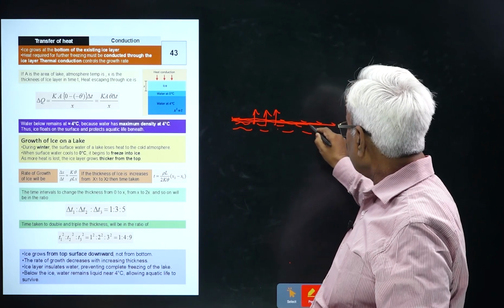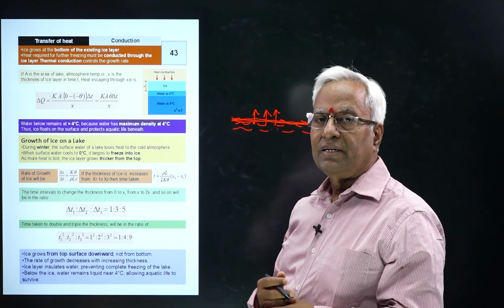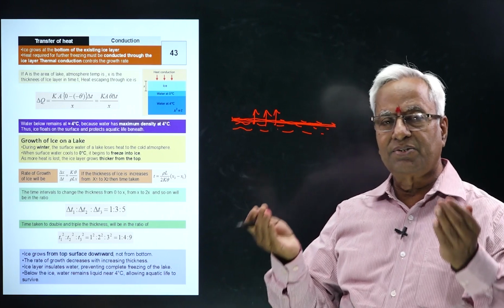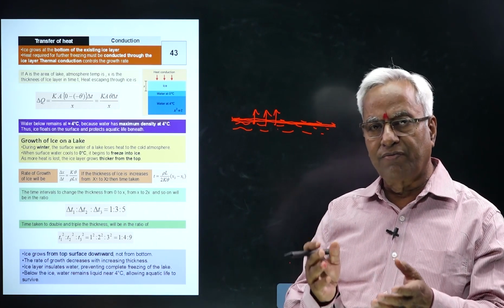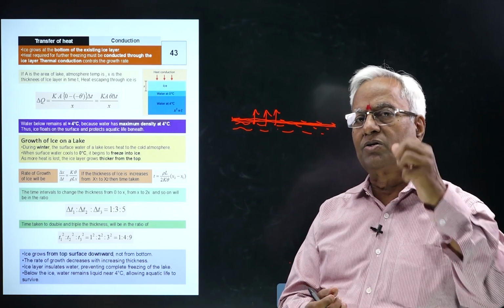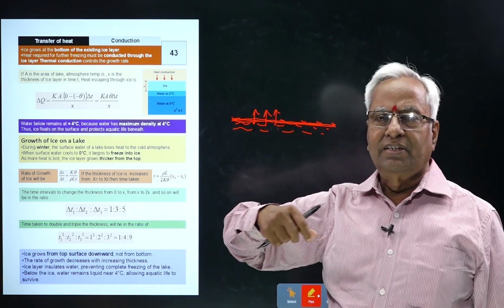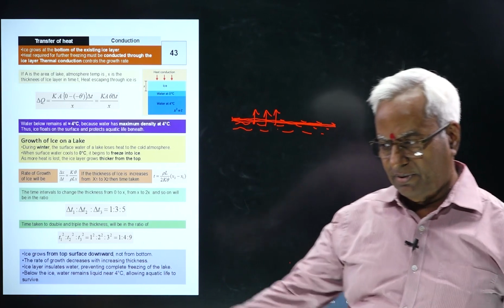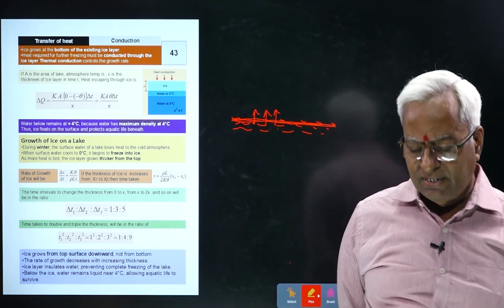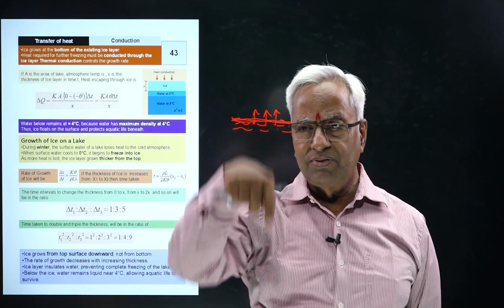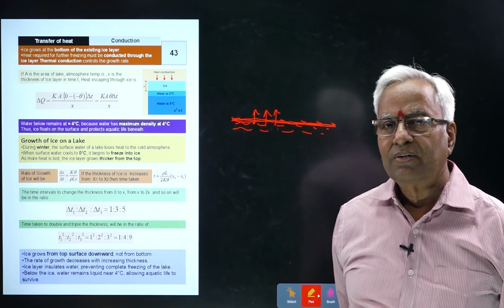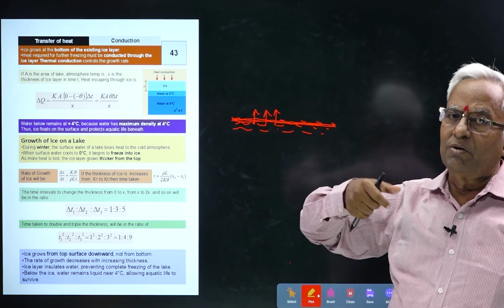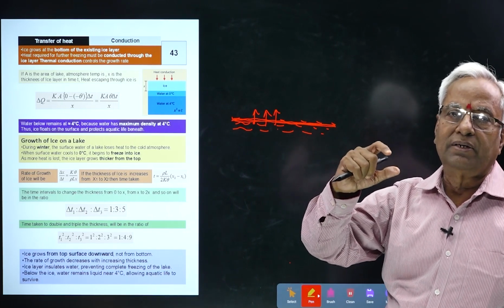You might ask me, it is a solid, so why is it not sinking? It is floating on the water surface for the simple reason that ice has density less than that of water. It's a very common fact that ice always floats on water. Sometimes people see a layer on the lake and imagine it is a thick piece of ice, they try to check it and fall through, because it was a very thin layer of ice. So it's a point to remember that the freezing of a lake always starts at the top layer.